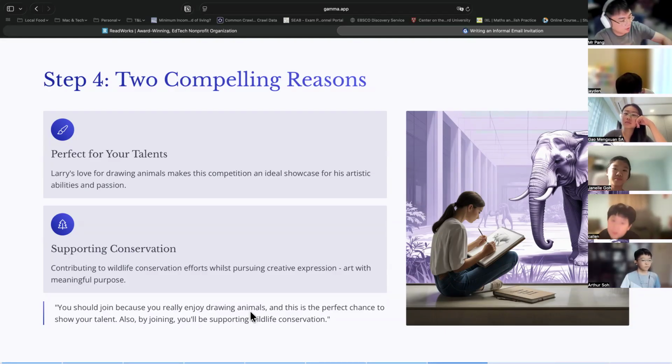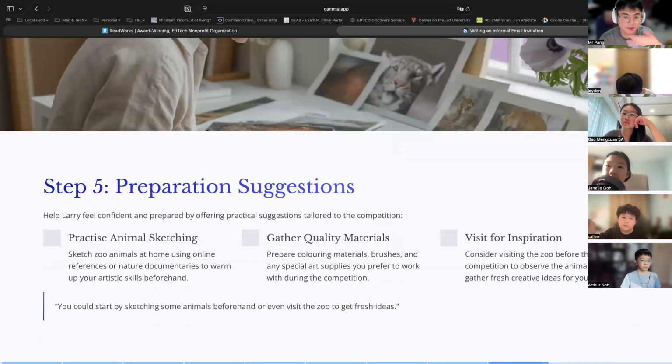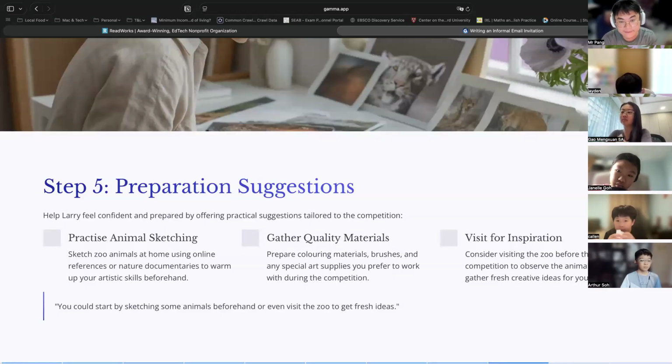Okay, coming to a quick close. I promised 12:30, right? I should be able to deliver it. Okay, so finally, we talked about all these things, right? I put them down as some suggestions. You want to practice your sketching. You want to gather materials, right? That was one thing we didn't talk about. You want to put all your materials together so that it is easier for you to bring on that day, to prepare yourself for the event. Or you can go to the zoo to observe the animals and get ideas about which animal you want to draw.